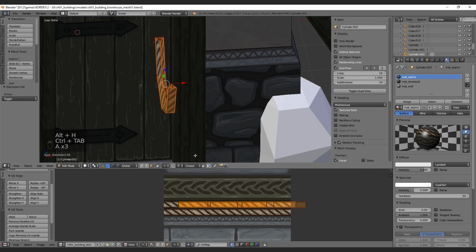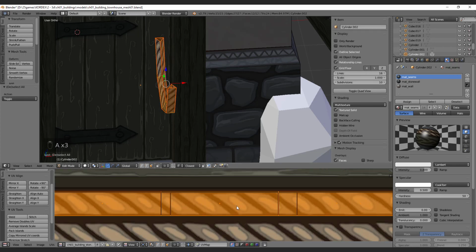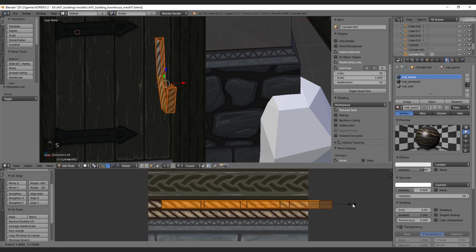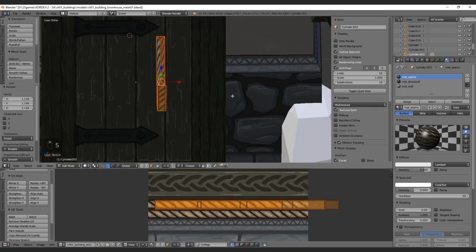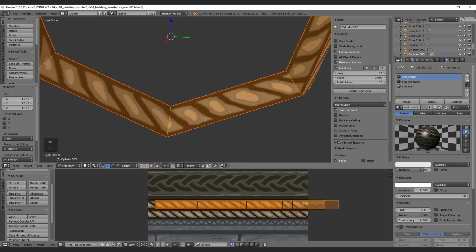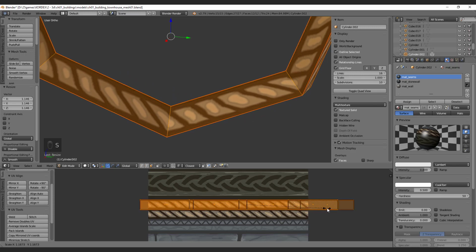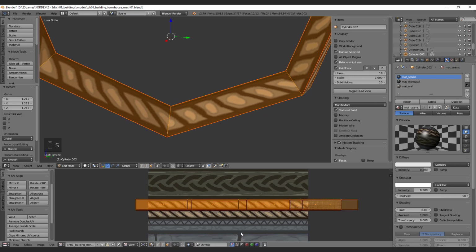Alt H. And now select everything. It should be probably completely flat now. And when I extrude this here a little bit, scale epsilon,